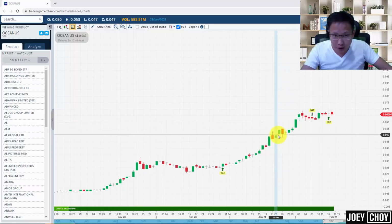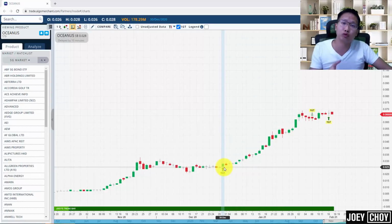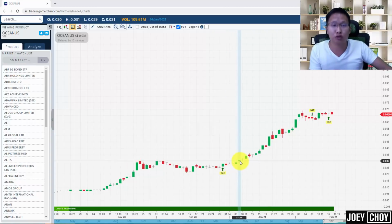we're consolidating below that 0.055 level, and I talked about this signal that came out right over here at the end of 2020, on the 30th of December. We actually had a bullish 1GT signal. Look at this, a green arrow pointing up, right? Pretty much consolidating, and then we got this signal, and it was when it broke that 3 cents